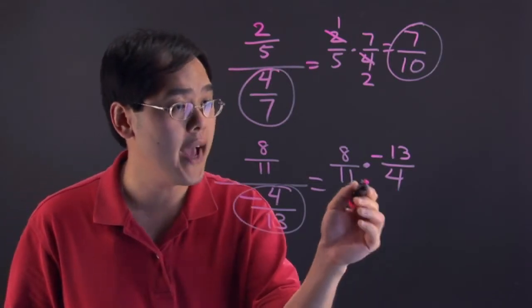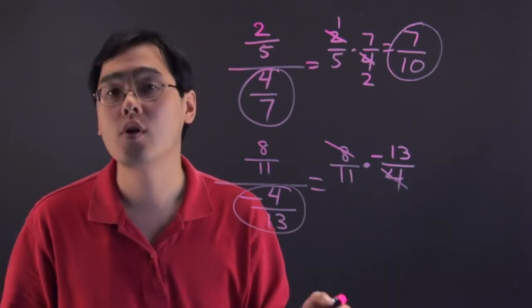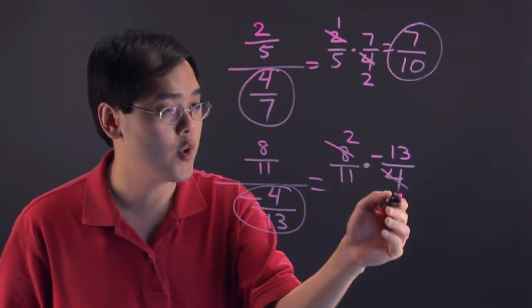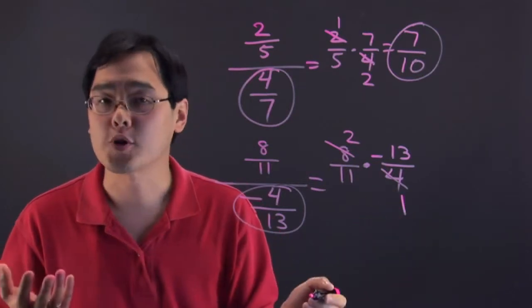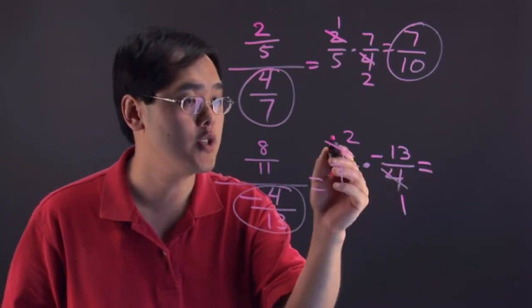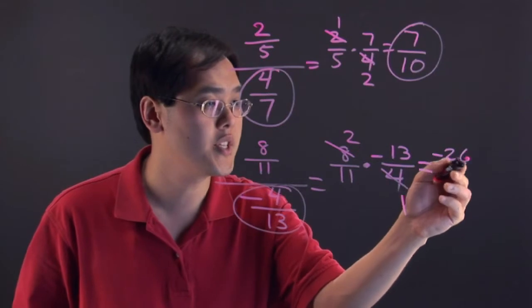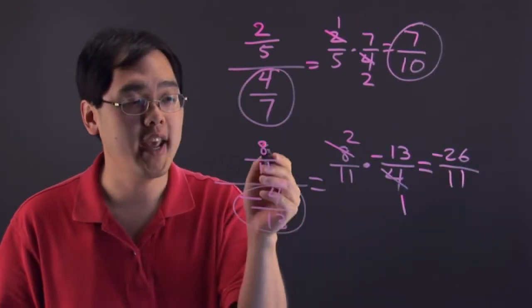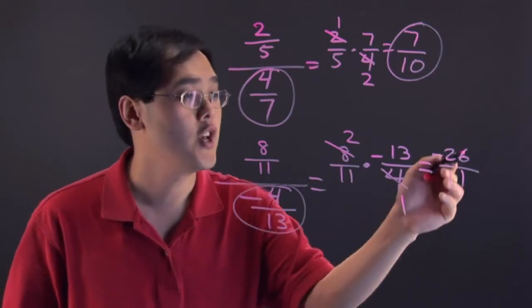So looking at what we have, the 8 and the 4 are reducible by 4 each. So 8 divided by 4 is 2, 4 divided by 4 is 1, and then you multiply across. So 2 times -13 is -26, 11 times 1 is 11, and so when you divide 8/11 by -4/13, you will really get